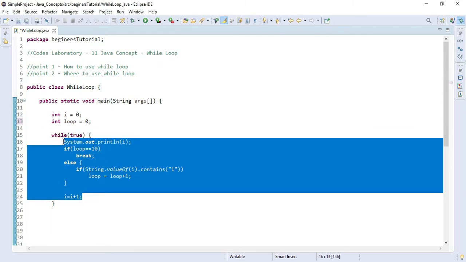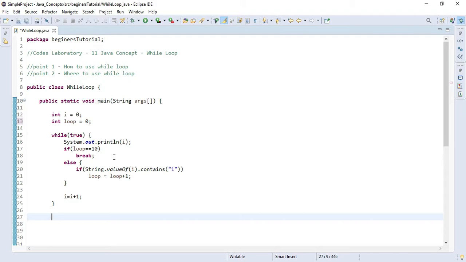As you can see, first I have printed the value of I, which is 0 for now, and later I have checked if loop is equal to 10, then it will break this while loop. Otherwise it is going to check if the value of I contains 1, then the loop will be increased by 1.